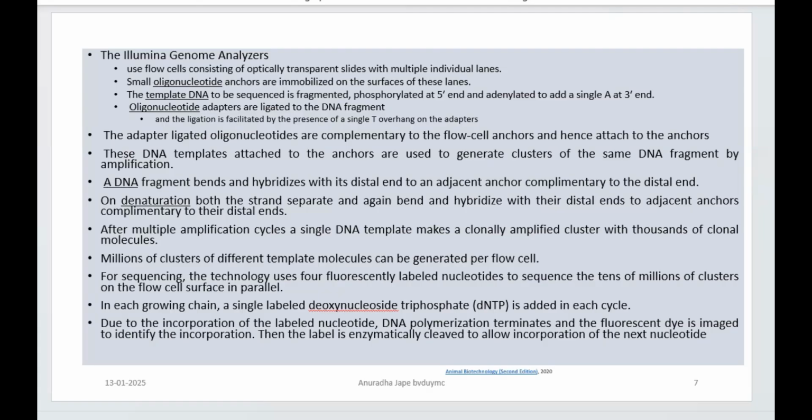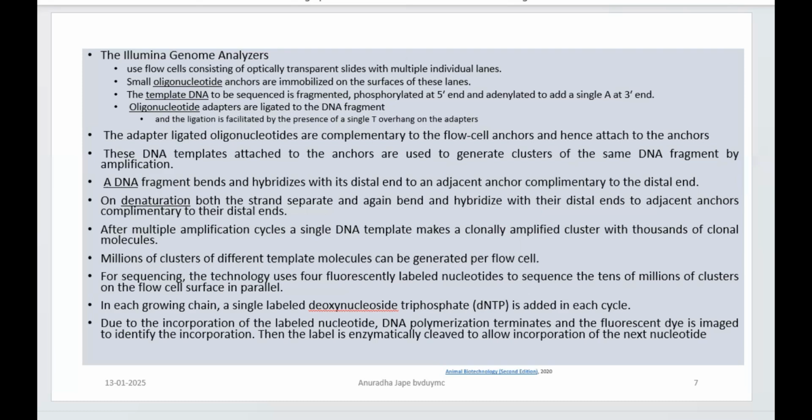Now, oligonucleotide adapters, right? These are small stretches of sequences which will be added to the DNA fragment, and these adapters then will hook onto the anchors, right? So it will facilitate the ligation, right? So you are going to have T overhangs or A overhangs which are going to be there on the adapters, right? So you can imagine